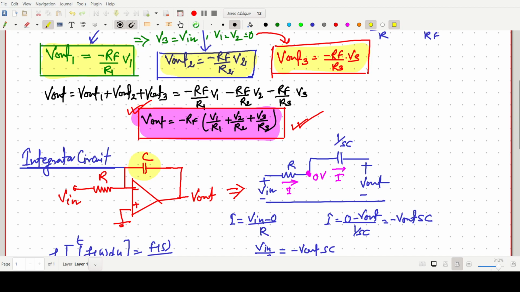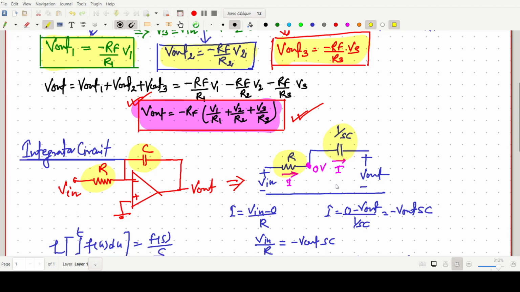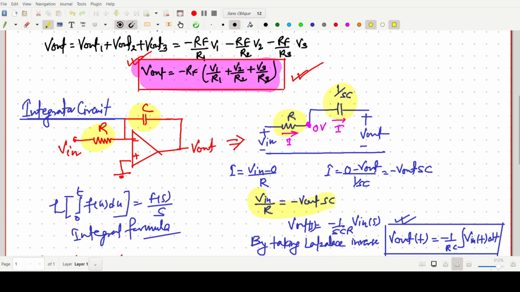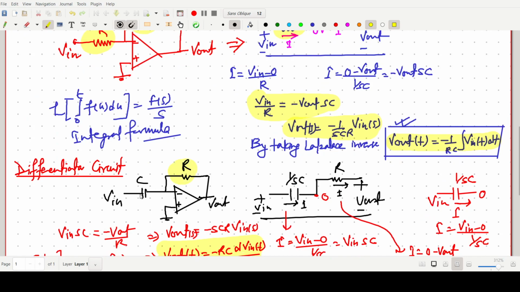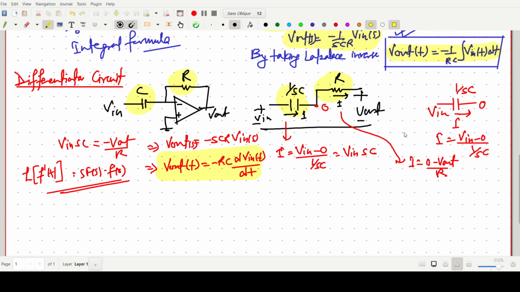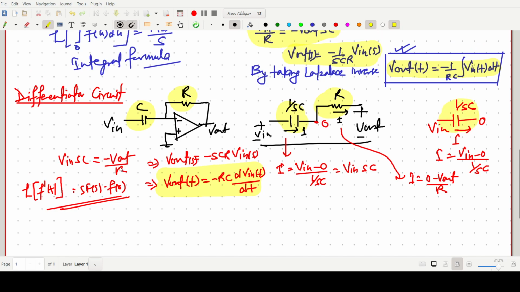In integrator circuit, we have a capacitor as feedback and a resistance. So it is just like an inverting amplifier, but instead of RF resistance, there is a 1 by SC. If we use the simple KVL, we get the V output and V in relationship. So this output will be in time domain simply minus 1 by RC integral. Similarly, for the differentiator, we have to change the feedback one with a resistor, and on the input side we put the capacitor. So again, everything is the same. We use the simple concept. So this one is the formula, and this one is the final result.